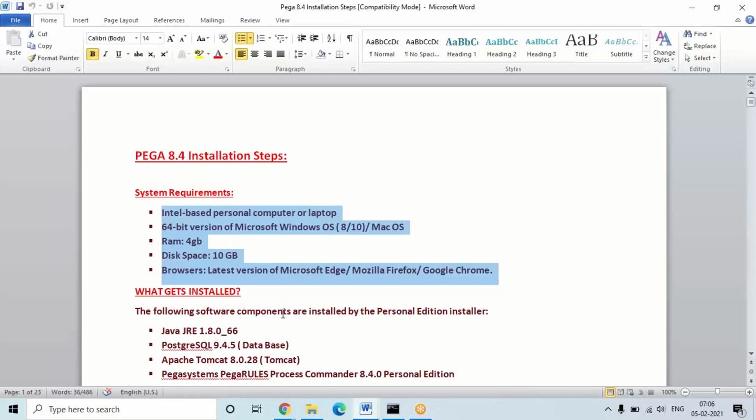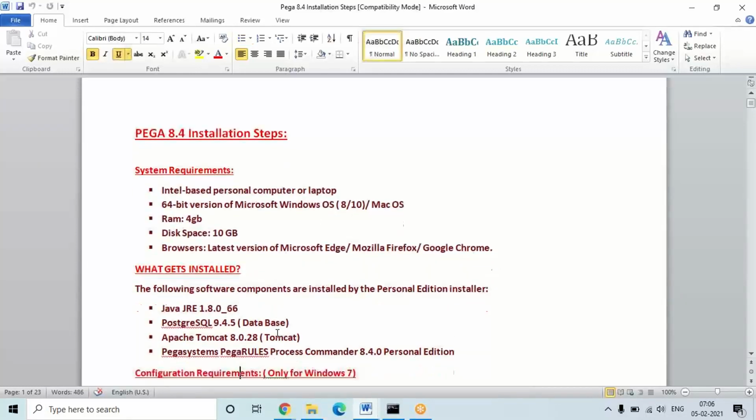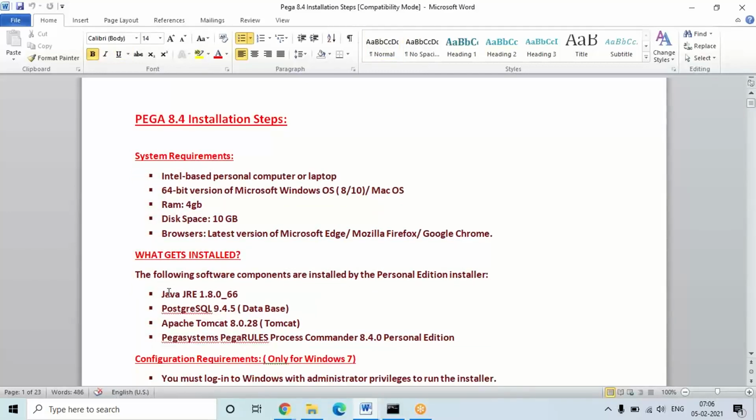When you install this Pega package, Pega comes with different things. It will install Java as part of the Pega setup, and one database server, and PRPC. PostgreSQL is the default database, and Tomcat is the default server. In most of the personal editions, you'll be getting this database and this server.